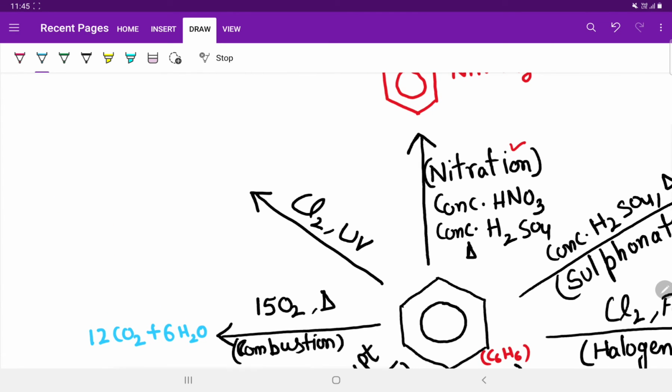The last reaction is chlorination in presence of sunlight or UV radiation. In this, the 6 chlorine molecules will be added at every carbon. That means each chlorine atom will be added at each carbon atom, and this leads to formation of a compound known as BHC or benzene hexachloride. So let us see how benzene hexachloride is formed. You can see the 6 chlorine molecules will be added, such that each chlorine atom is at each carbon position. So this is benzene hexachloride.